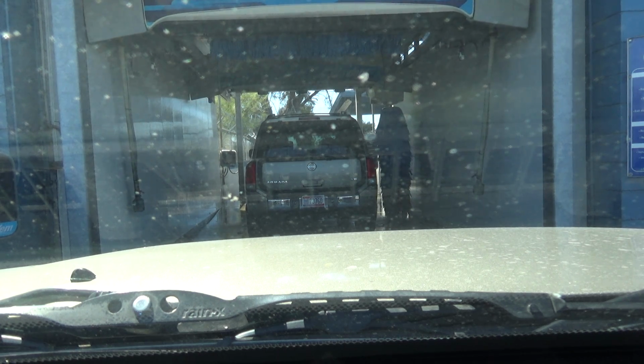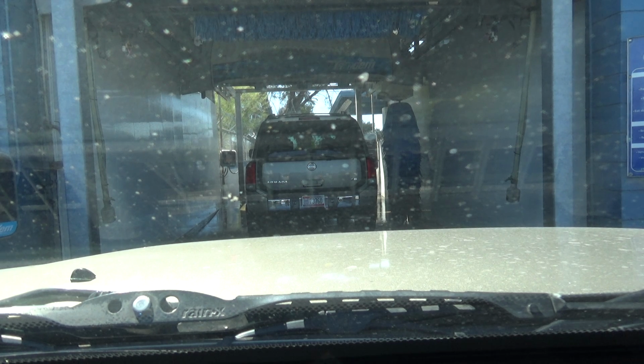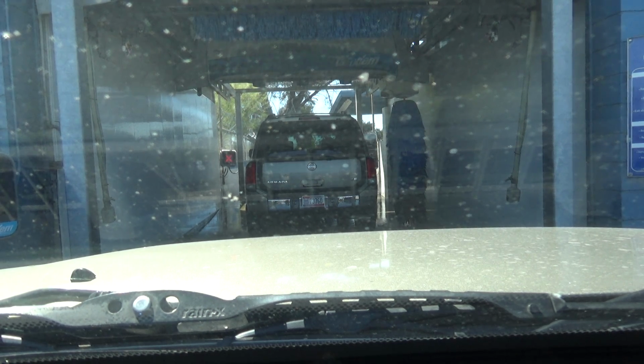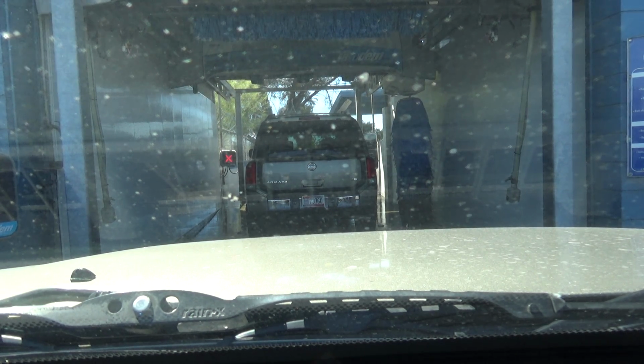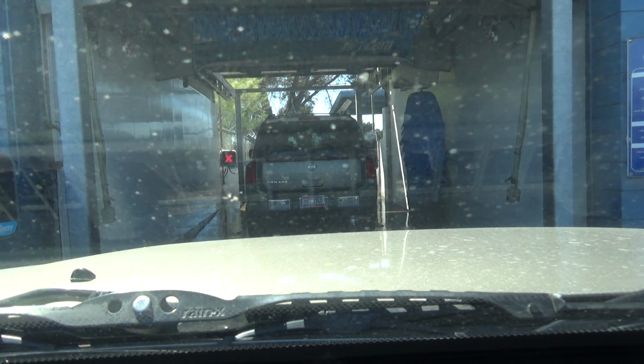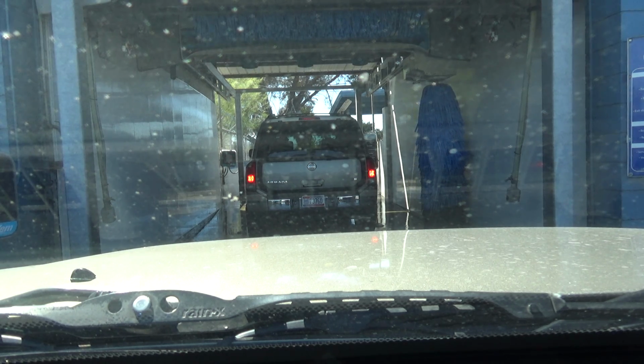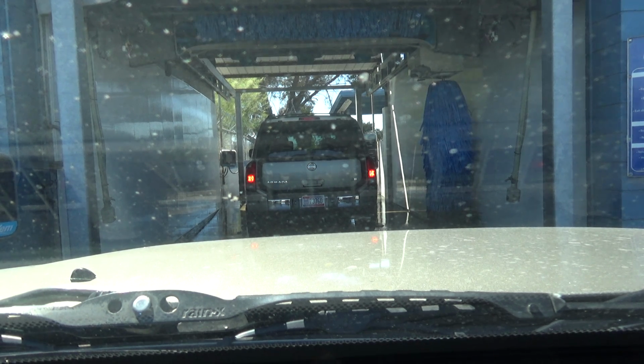So guys, I went ahead and decided to get the express wash. I just really need to save my money, and flash dry and dryer are the exact same thing. I just remember that this doesn't have separate dryers mounted, so what that car is getting now is flash dry. Plus, tandems are not really my favorite kind of car wash, so...